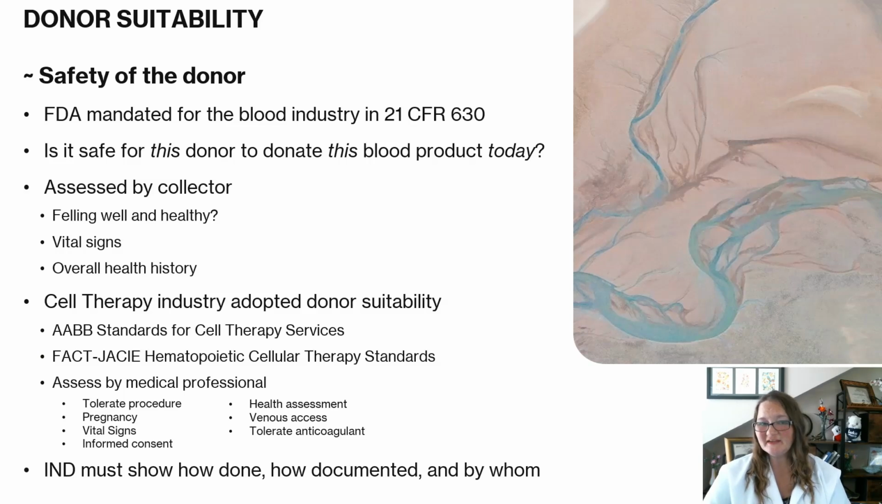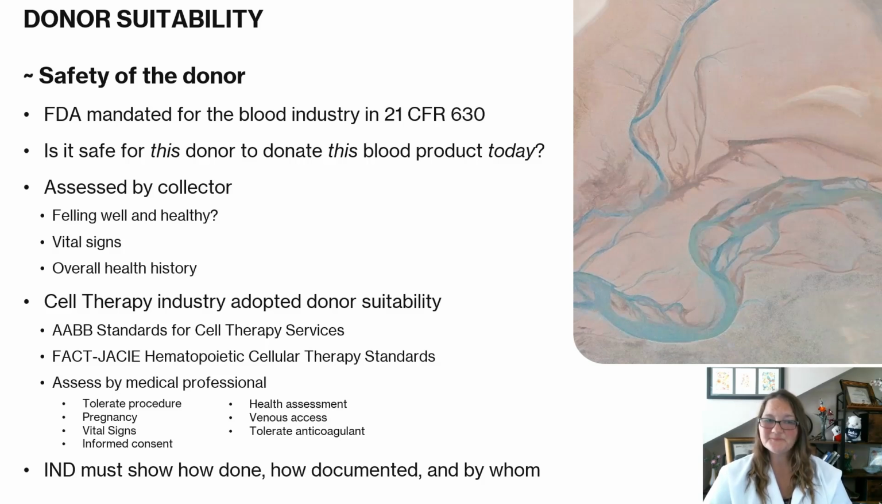Second, donor suitability. Donor suitability is traditionally an assessment mandated by the FDA to the blood industry. As defined in 21 CFR 630, donor suitability is focused on the safety of the donor. Is it safe for this donor to donate this blood product today? Asking questions such as, are you feeling well and healthy today? Measuring vital signs and assessing overall health history helps the collector know whether it's safe for the donor to undergo the collection. The cell therapy industry has adopted this assessment, also framed around donor safety during the cell therapy product